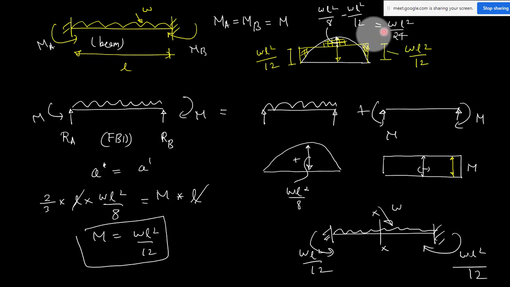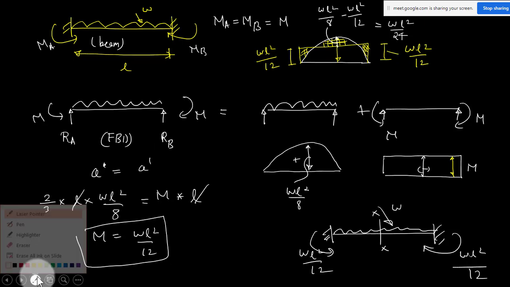So in this case, the maximum moment is negative moment. You have to notice that you shouldn't think that the maximum moment is always at the center, at the midspan. It is not always the case. So if the question is simply what is the maximum moment in this beam, that is WL square by 12. Okay, that is the hogging moment. If specifically asked what is the maximum positive moment or sagging moment, then WL square by 24. Negative moment is WL square by 12.